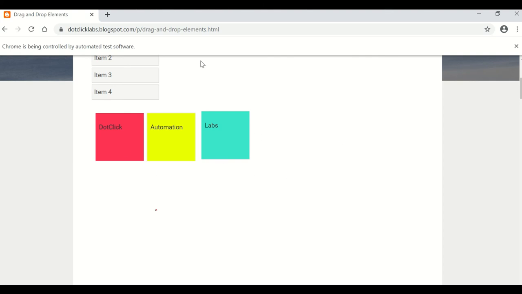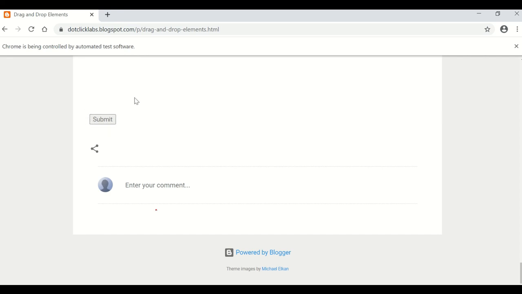So let's see one example for the same scenario. Now this is my web page. There is a submit button over here, and it's out of the visible screen. It's too far down. So how will moveToElement help in this case?